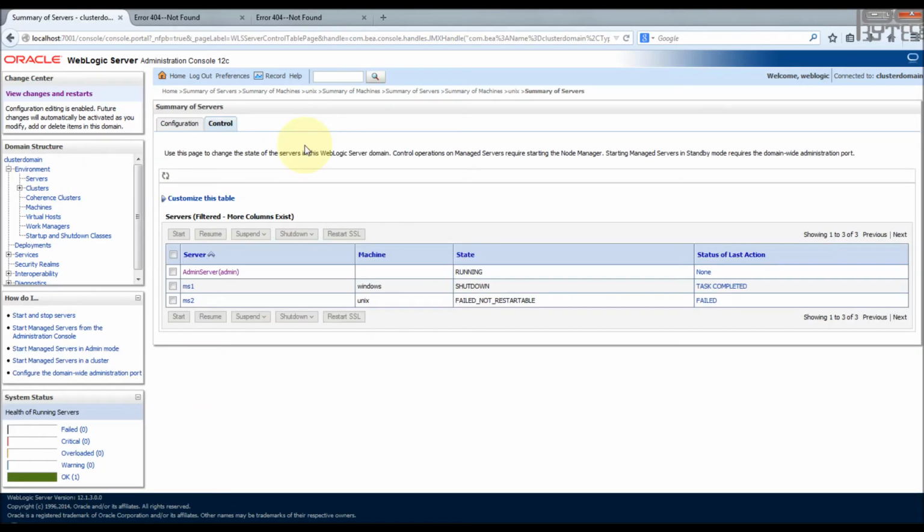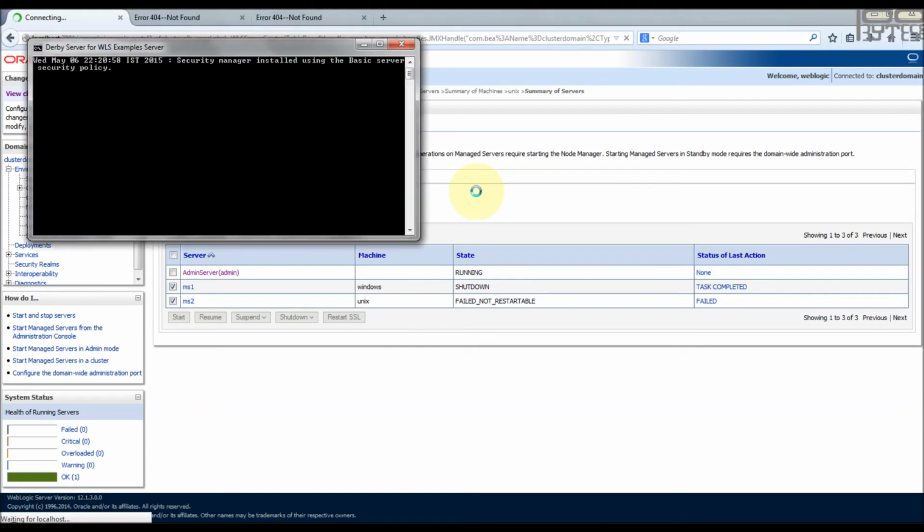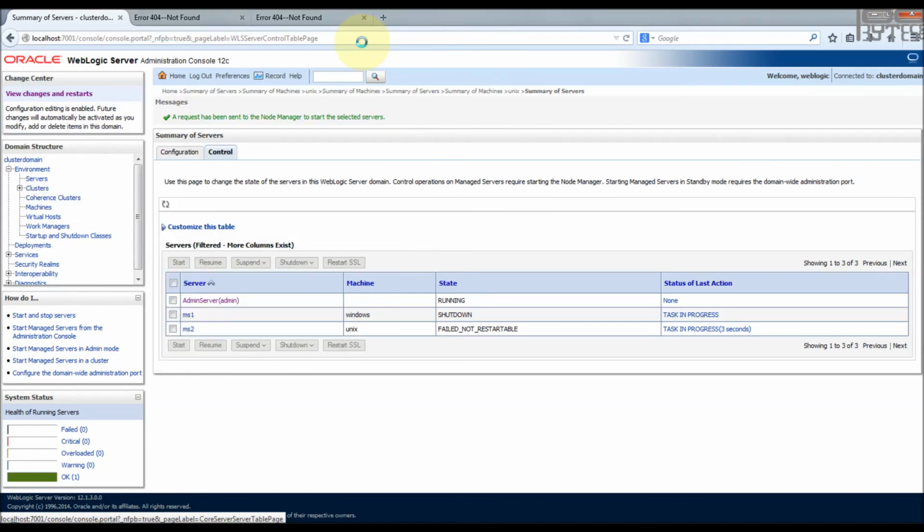Okay, now we will try to start both managed server 1 and managed server 2. Click start. This will issue a command to the node manager running on the Windows machine and the node manager running on the Unix machine to start both the managed servers.